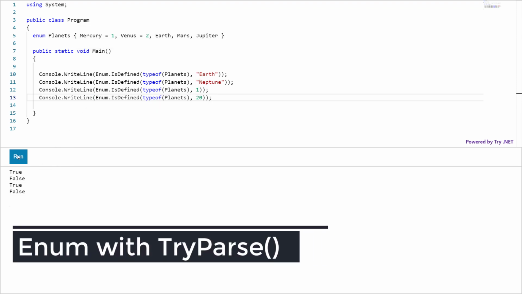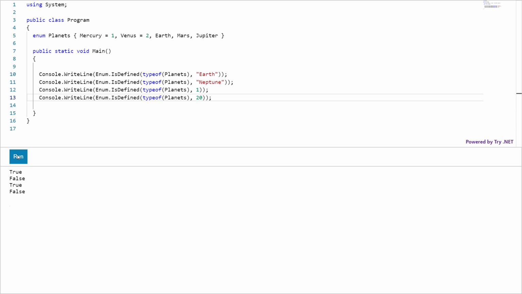There is a TryParse static method. Let's look at the implementation of this method first.